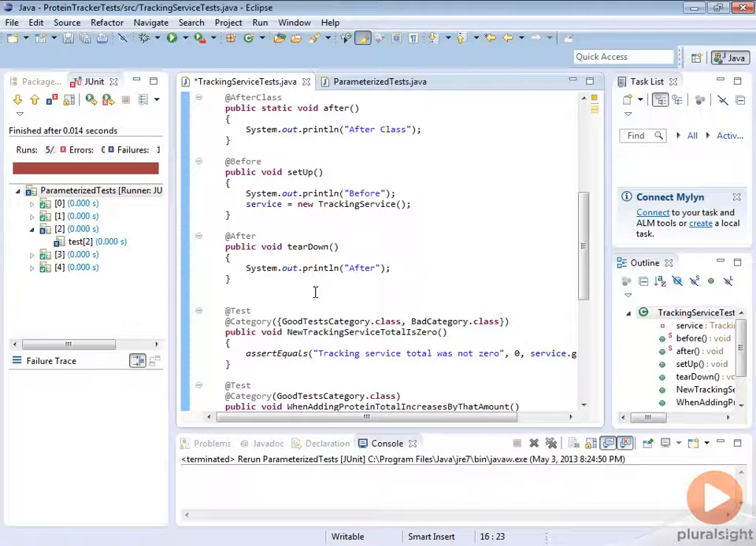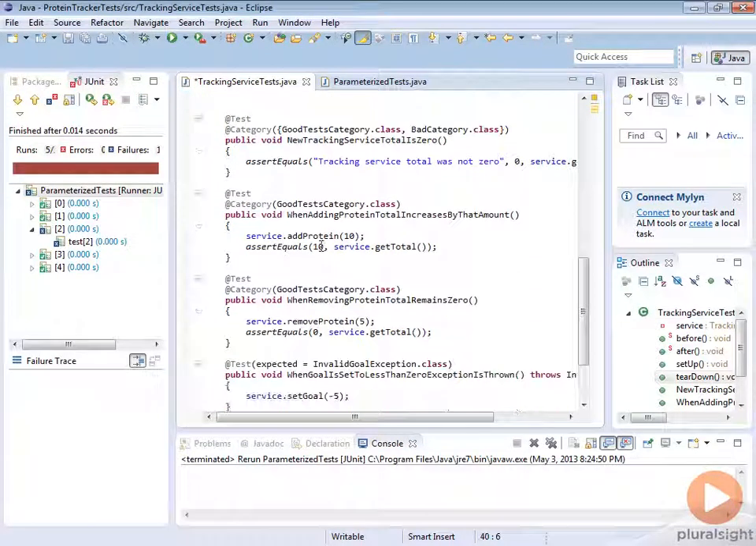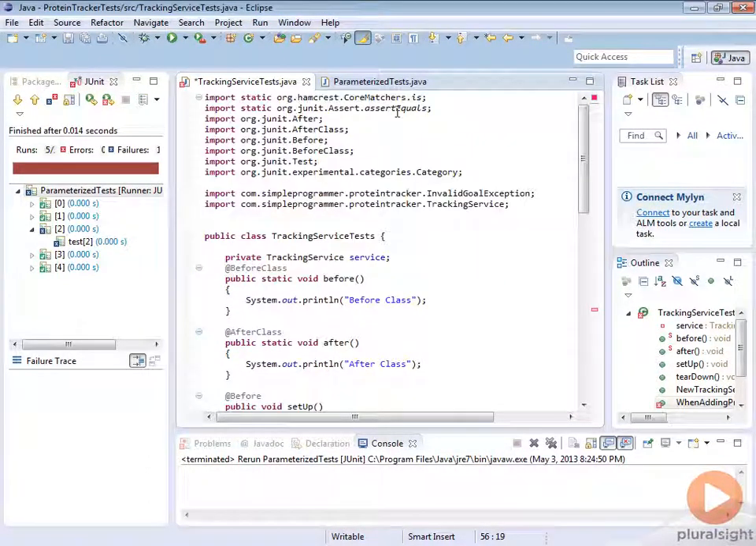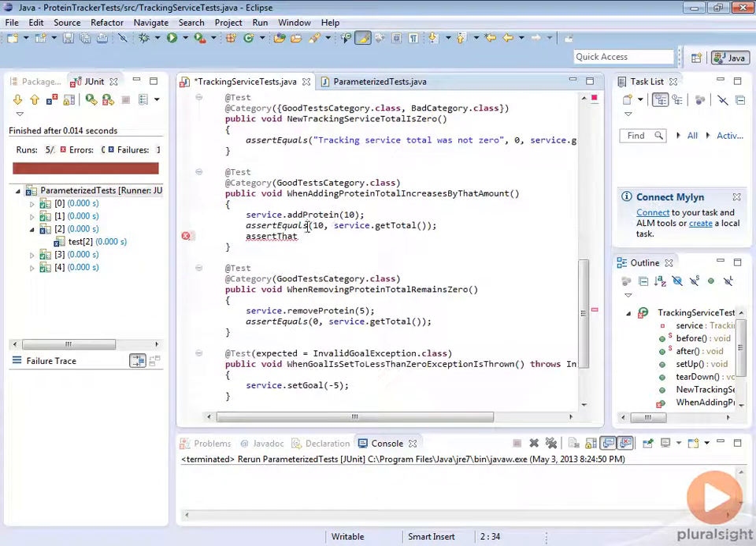Let's just do a simple match. Instead of doing this assertEquals 10, we're going to use assertThat. In order to use this assertThat, we do need to make sure that our import is right. Right now it's just importing assertEquals, so let's do Assert.* so we get everything. Now we can do assertThat